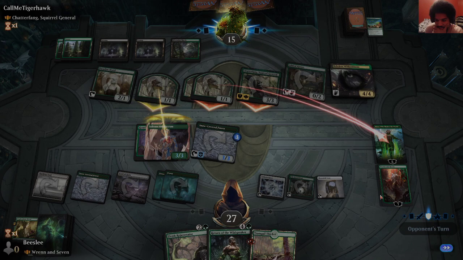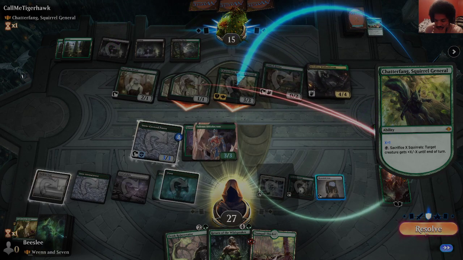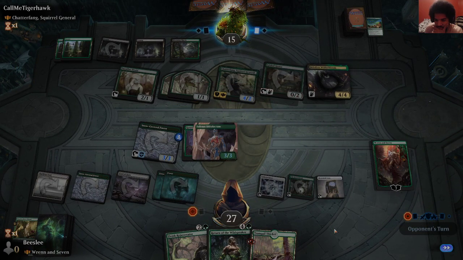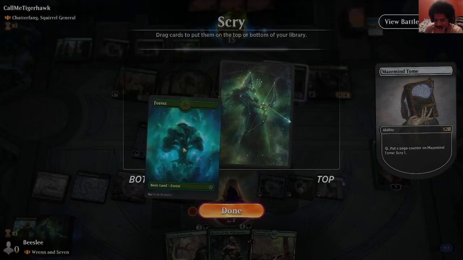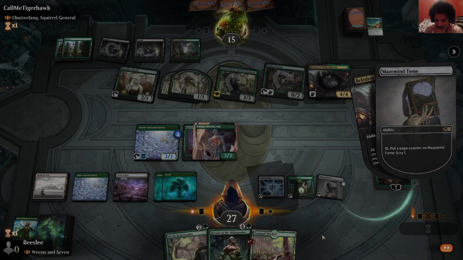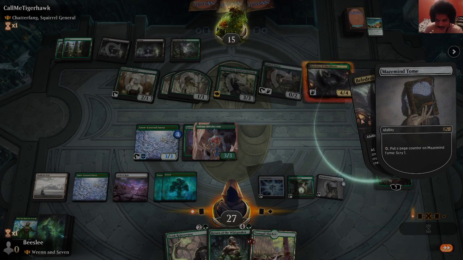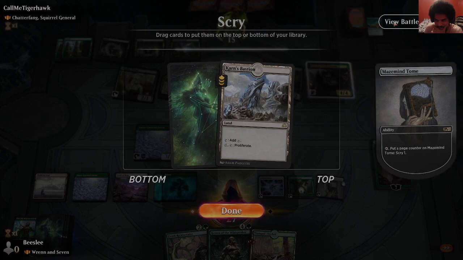This isn't lethal. They'll have to sacrifice the blocked squirrel. Oh, they got it. Nice. Alright. I will scry. I don't think I want that. And now scry my upkeep. That actually seems decent. It lets me kind of harass my opponent with...